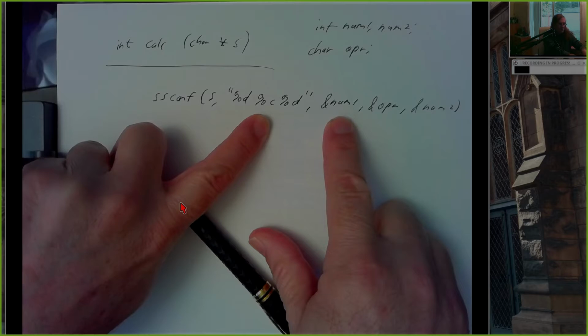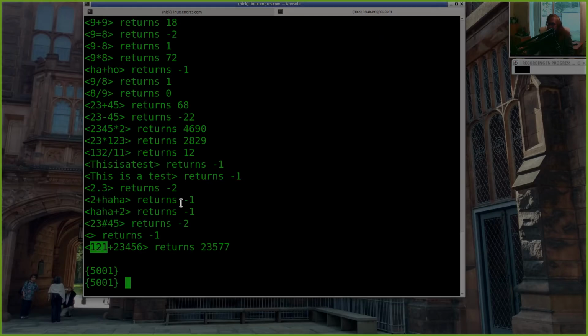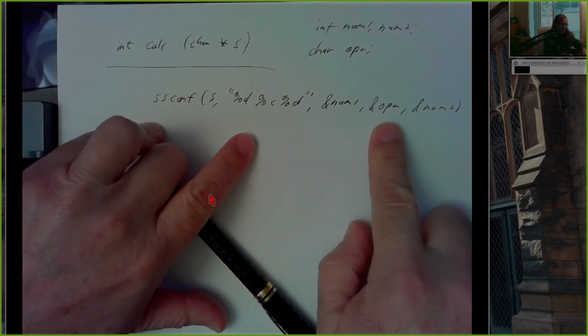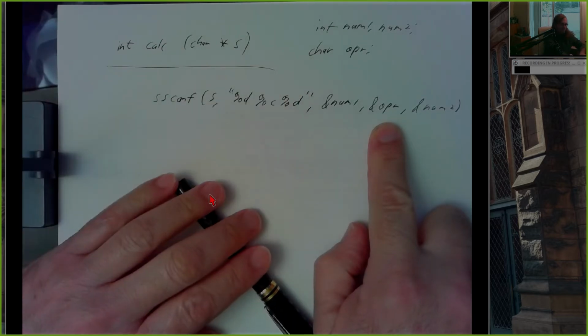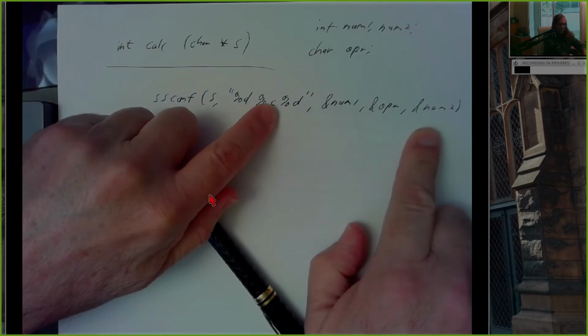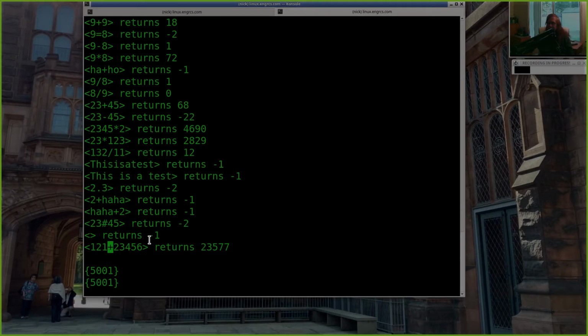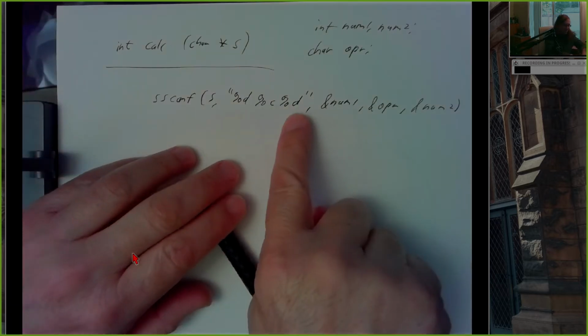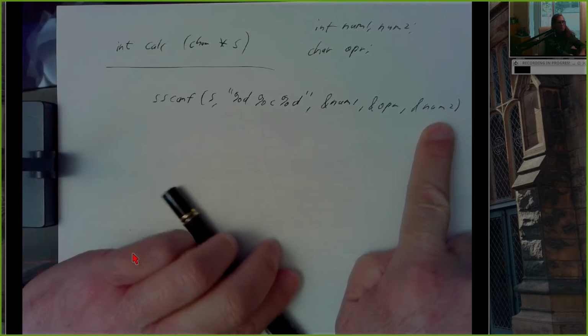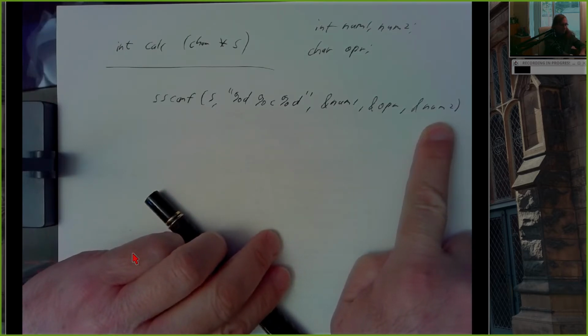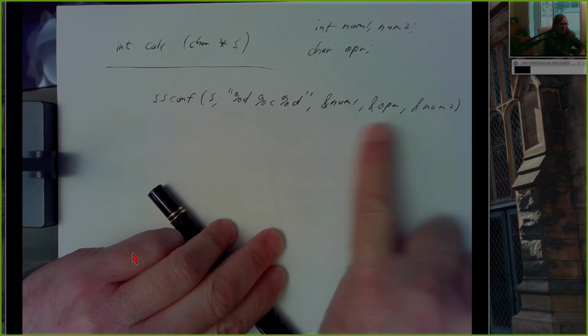Now it's going to look for a %c. That's a single character, and it's going to find this plus sign. That's a character, so that character will get saved in this character called OPR. And then it's going to start looking for an integer. And it's going to find the 2, the 3, the 4, the 5, and the 6, and that'll be the end of the string. So all of that will get matched to this %d and dumped into num2. So if that all works, num1 and num2 are a pair of integers, OPR is the thing you want to do to those integers.